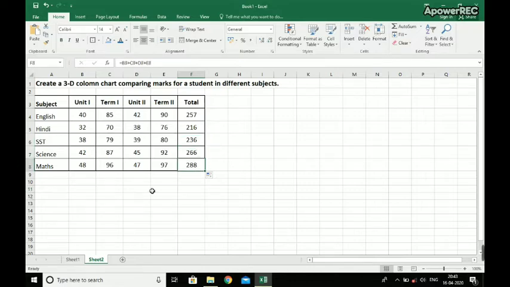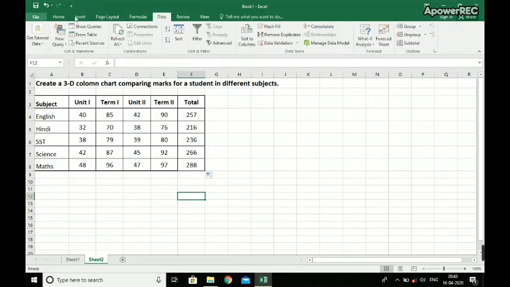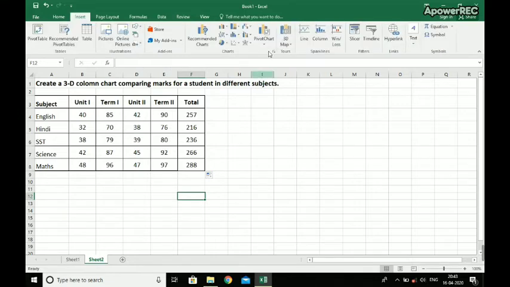Now let us see how we can create a chart with the help of a table. So first of all, what you have to do is select the data, whatever data you want as a chart.